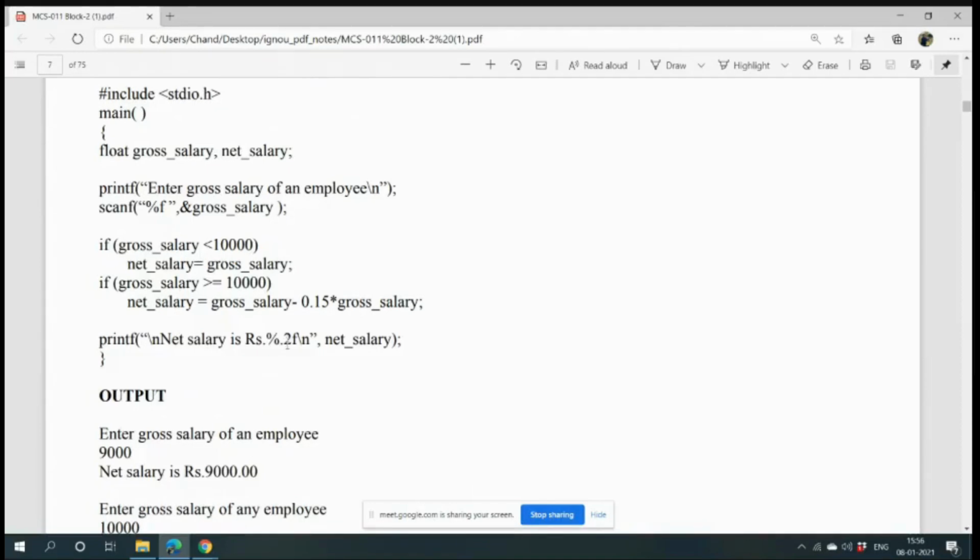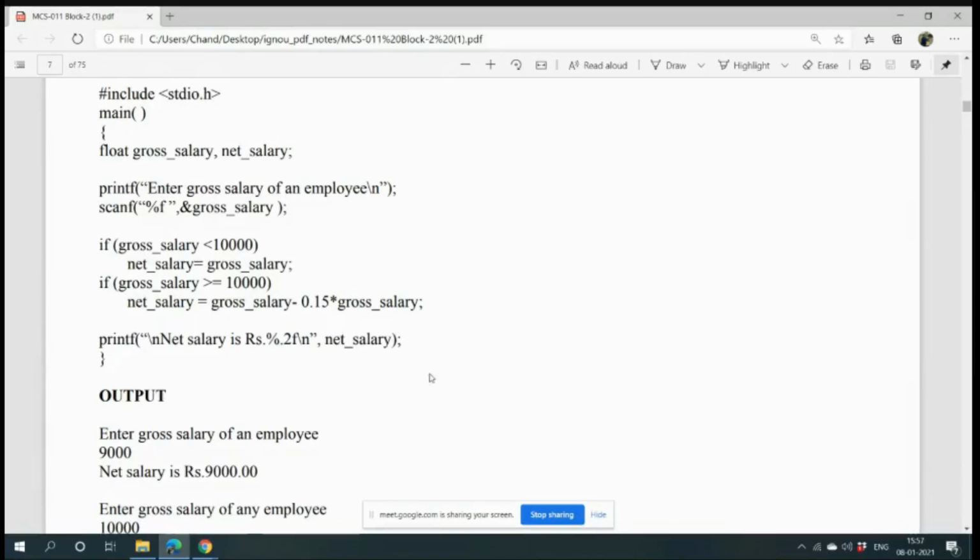What is the work of the percent sign in rupees %.2f here? Tell me.